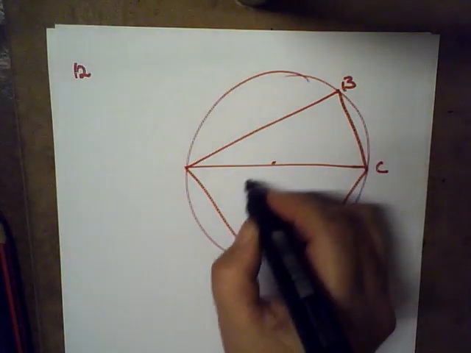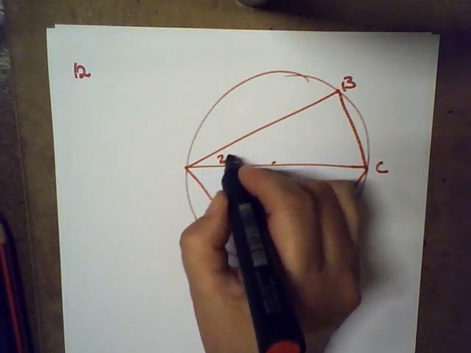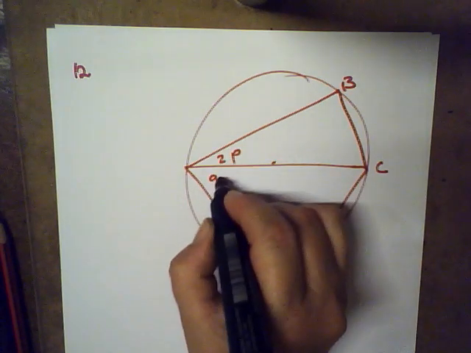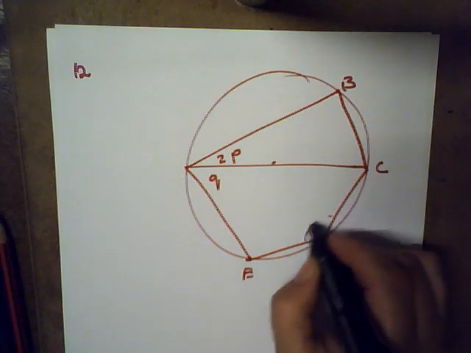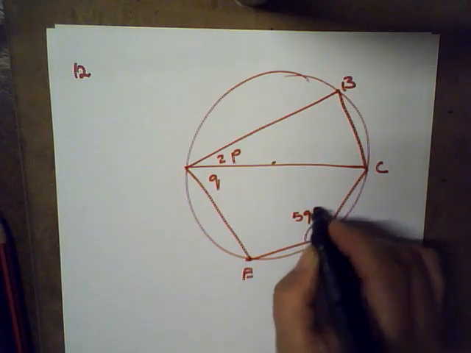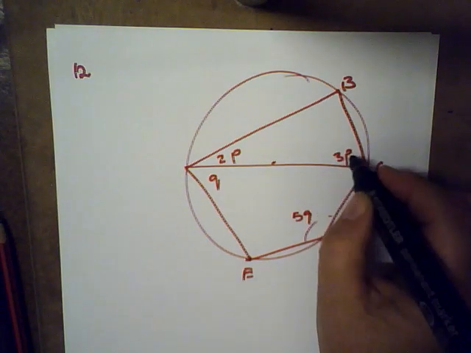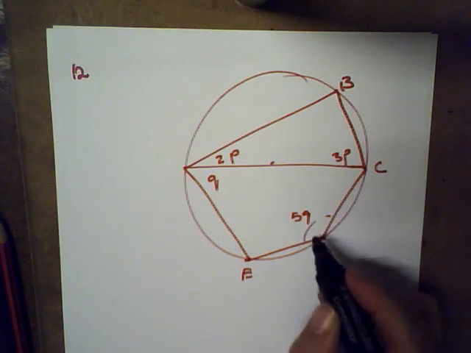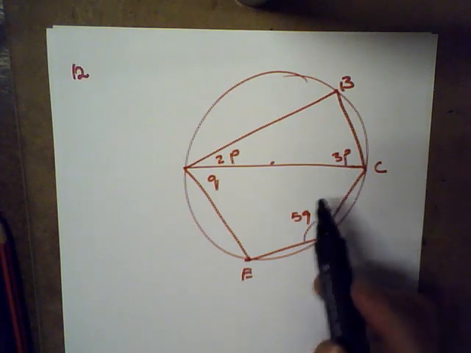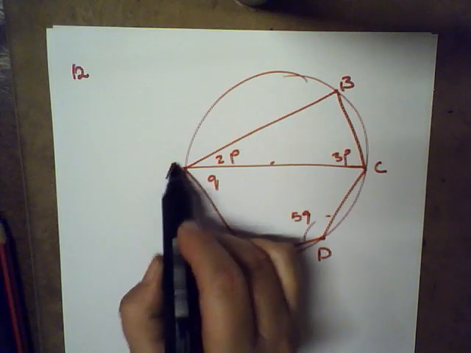And the point C there. Okay, this is 2P, that one is Q, that one is 5Q, that one is 3P. Okay, now let's have a look. If I have AOC